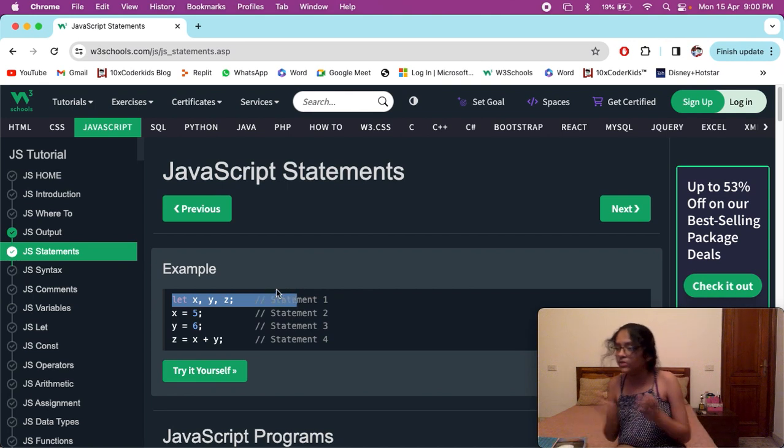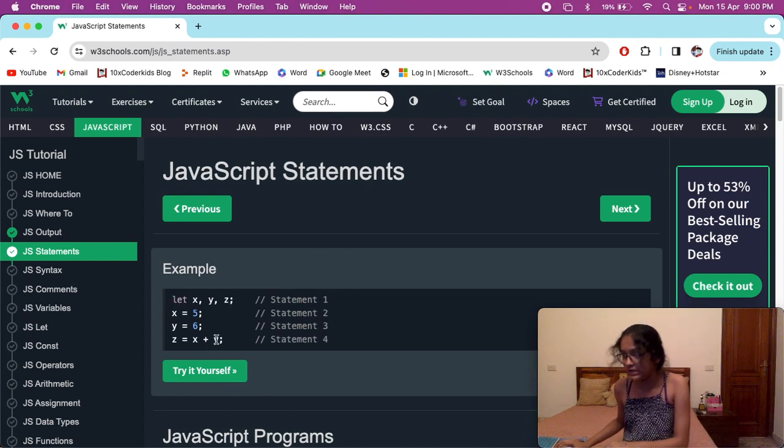This is the first line. It will first make these three variables. Then the next line gives the value. Then the next line gives another value. Then we make another variable which adds these two values. So it goes in an order. If it does not go in an order, it will get errors.